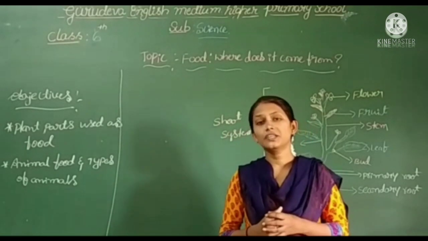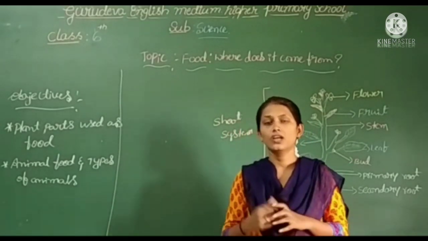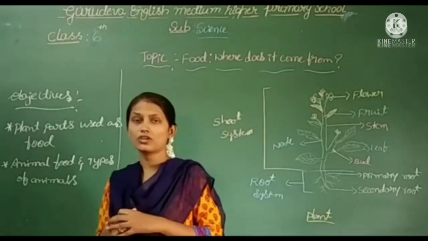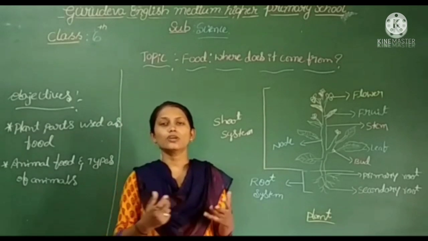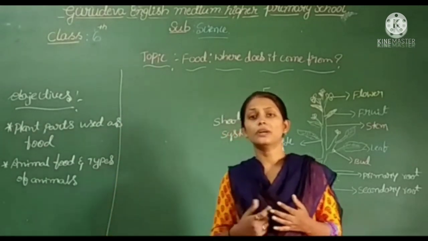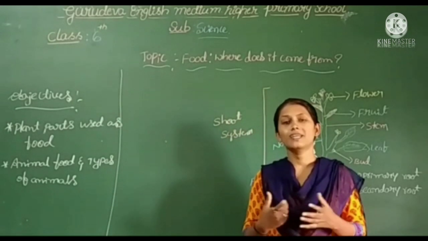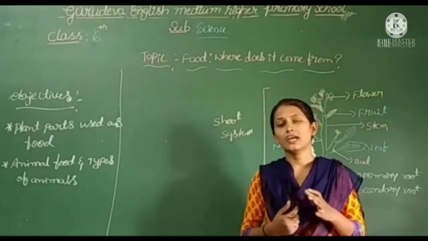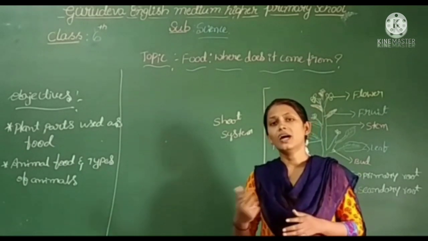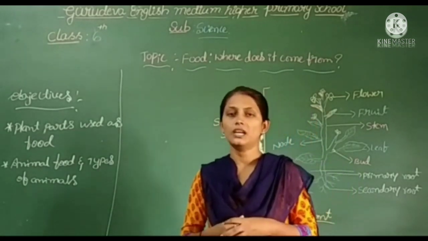What are the ingredients present in the food? At last we have discussed what the sources of the food ingredients are. So as you know, we are obtaining food from different sources. Majorly the food sources are classified into two categories. One is from the plants, and another one is from the animals.